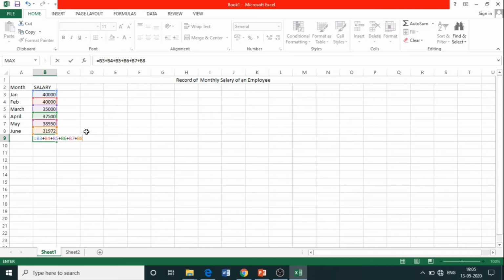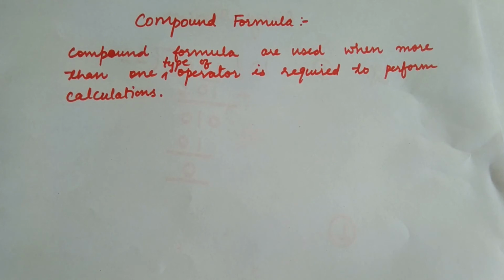Now that all my cells are selected, press enter. After writing the formula, just press enter. Now here you can see the total. So this is the total for an employee.